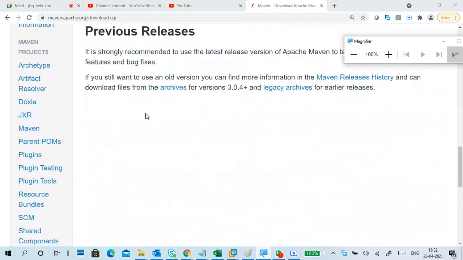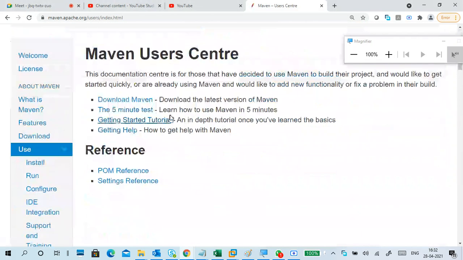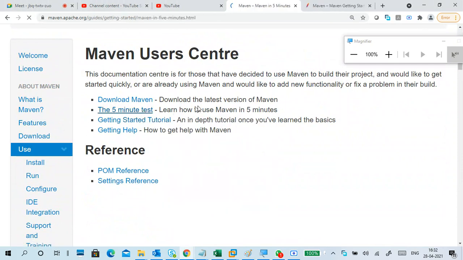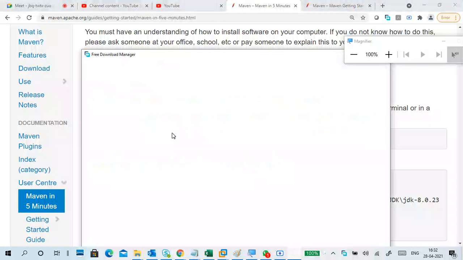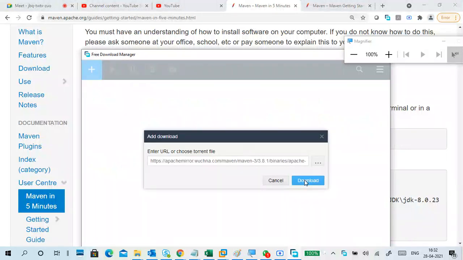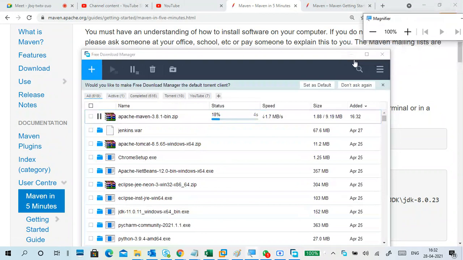There are Maven commands also. You can go to Maven and Maven use. This is the start tutorial. If you want to learn the tutorial, you can go to the 5-minute test prerequisites. Okay, so it is a 10 MB zip file only.